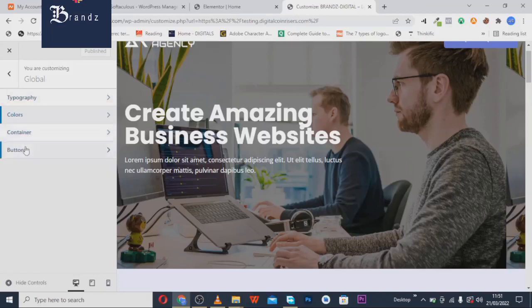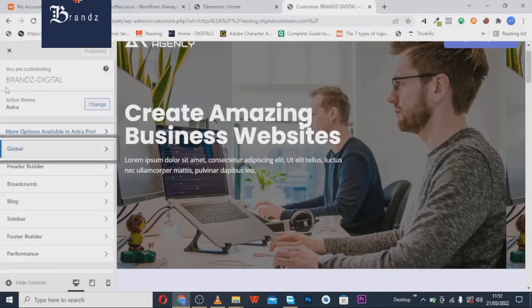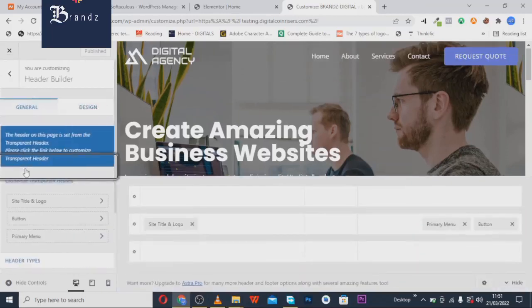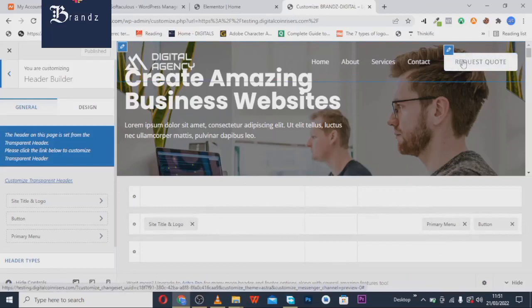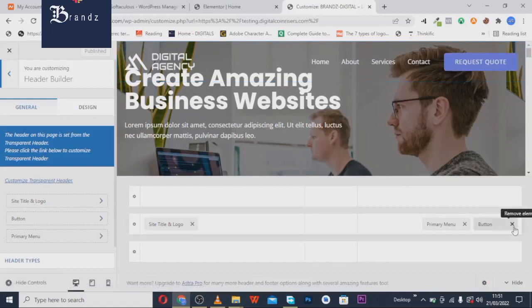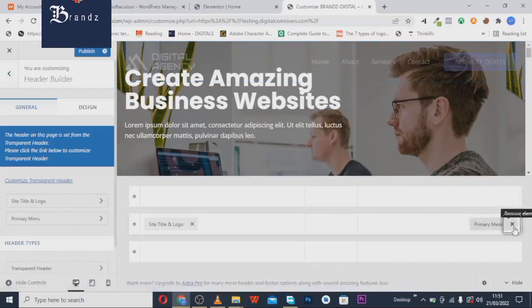So the same thing for the button and all, but I'll just leave those like that. Then we'll come back to the header. Now this header is where we're going to be changing our logo, and this is it. You can see it here. You have your primary menu, which is this, and we have this button. Basically, if you want to use this button, you have to link it up with a page, but I don't want to do that. I just want to make this very simple, so I'm just going to kick it out,